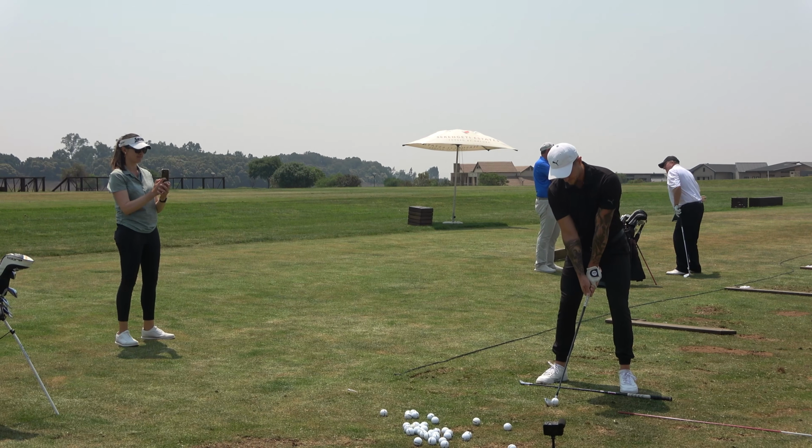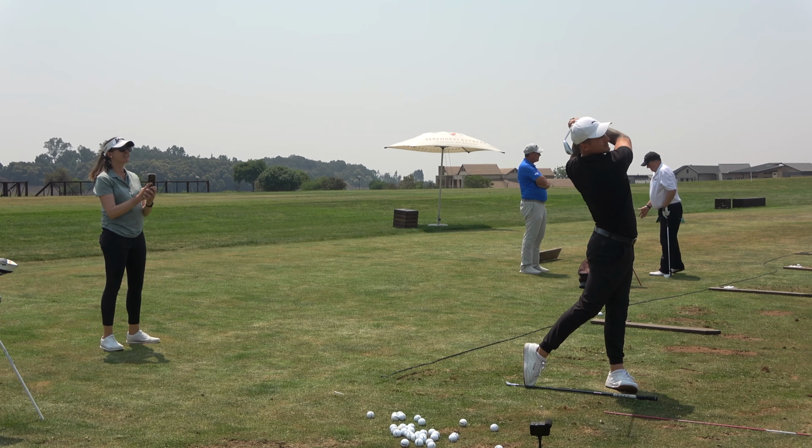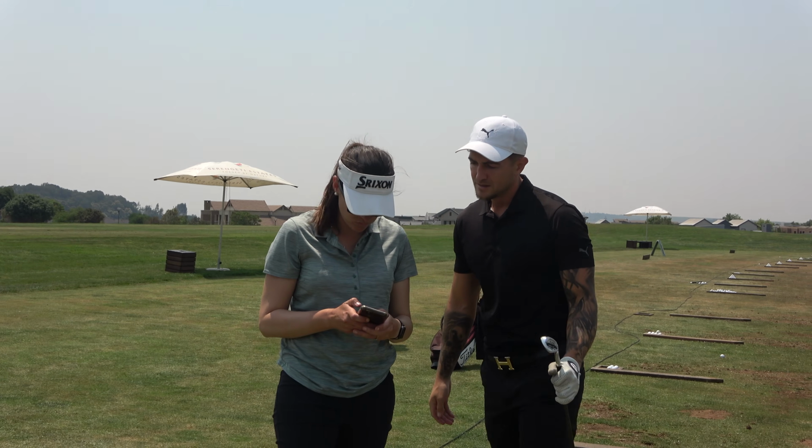There was just one drill that we worked on to get my club in a slightly better position on the backswing. That was holding my club with my left hand and swinging to the top with just the left hand. If you try that at home, it literally gets the club moving on a really nice plane. So that's my only feel: once I've got the grip and the club face in the right place, slowly implementing that feel of holding the left hand and swinging the golf club,